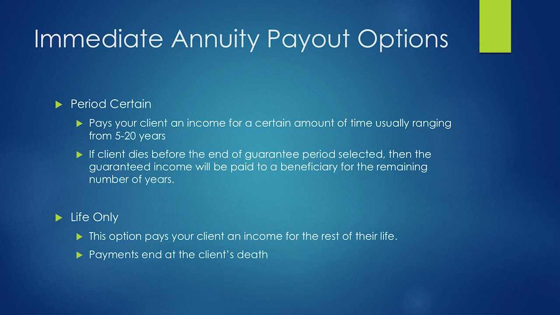And daily average means they look at each day what the stock market did, up, down, and they average out the 300 days or so a year the stock market is open. And then again, that's also usually subject to a cap too. And then whatever it did, they'll put that against a cap and give you interest.